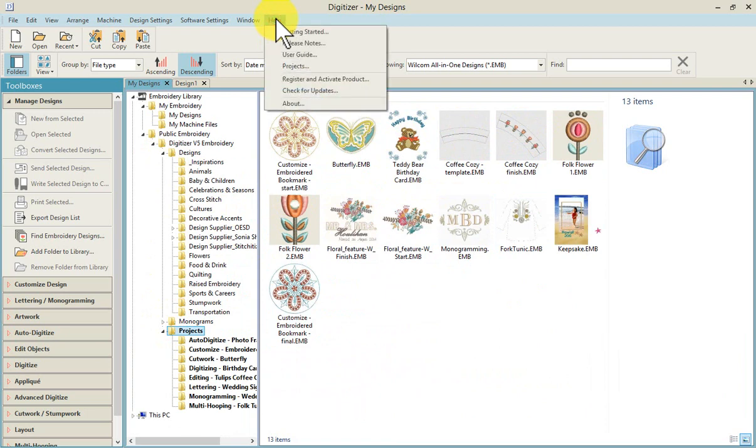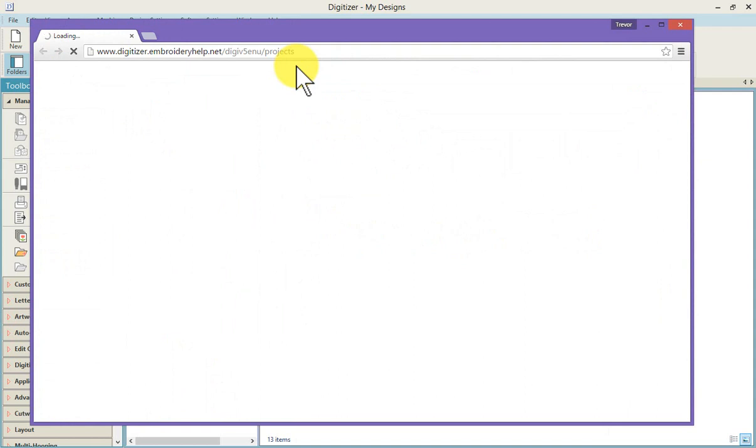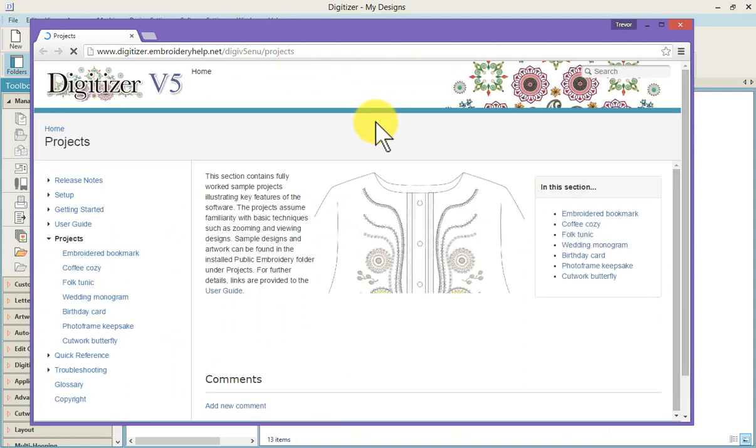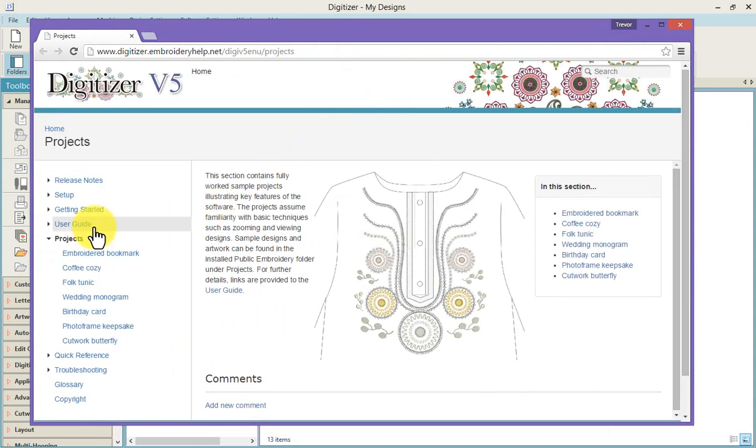And when you click on Help and, for example, choose Projects, it opens up a web browser, and it goes through the internet, and it shows you, specifically in this case, the projects. But this is where all of the release notes and, I guess, online help, printed help files are found within this one